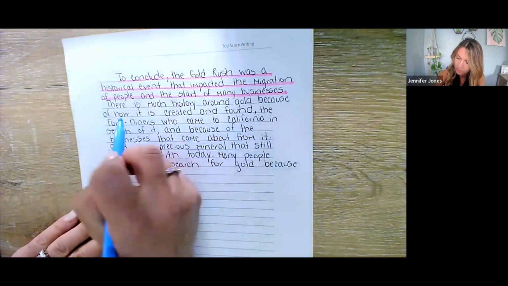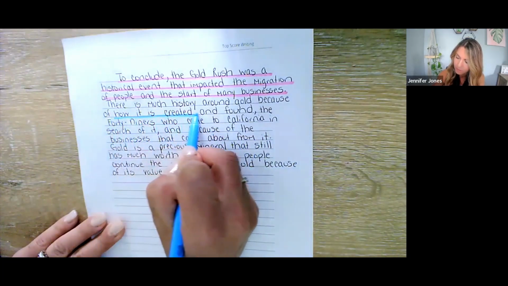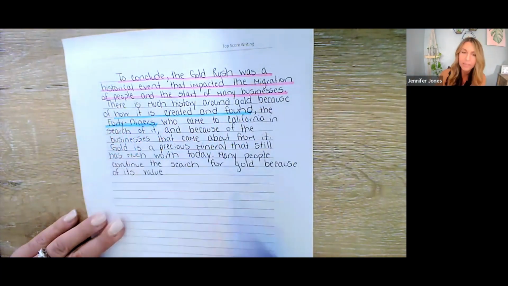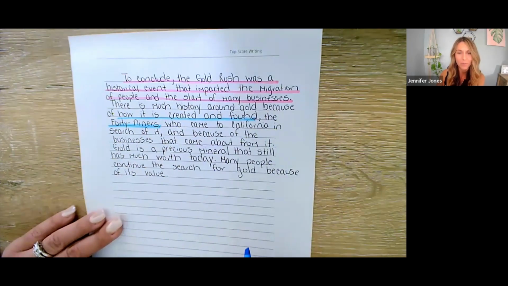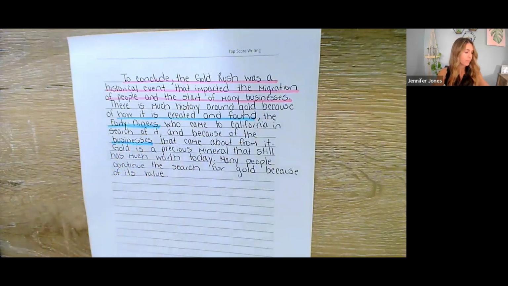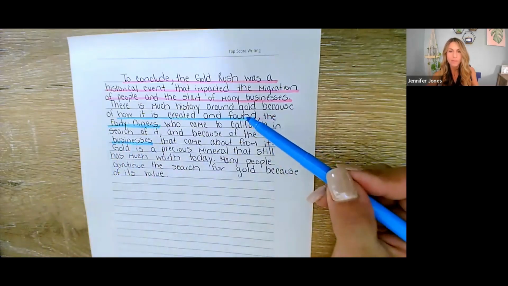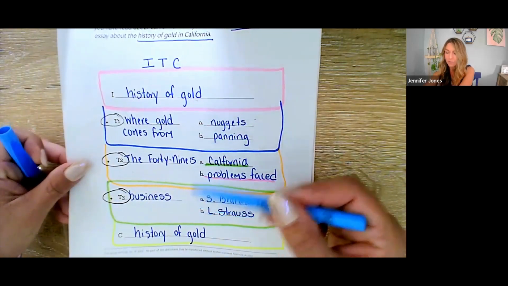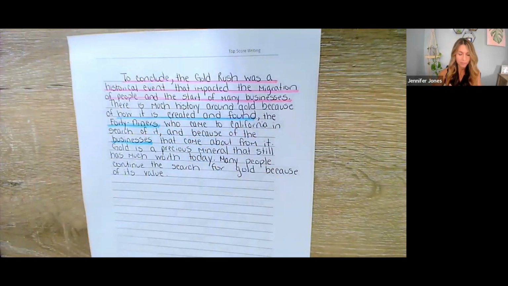So the very first topic, our T1, is how it was created and found. Our second topic, our T2, is the 49ers. And then our T3 are the businesses that were created. Now, notice that my 3 topics match the 3 topics from my ITC outline. So what I wrote next to T1, T2, and T3 is what I wrote in my conclusion paragraph. But I intentionally used different words to restate my topics than I did in the introduction when I stated them